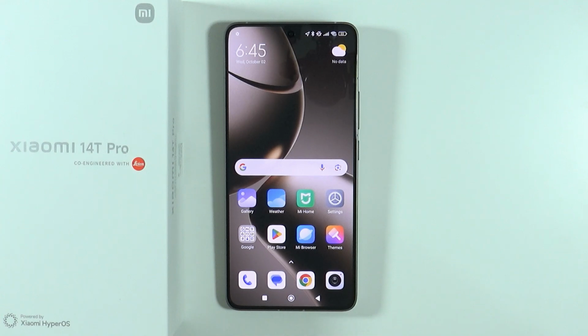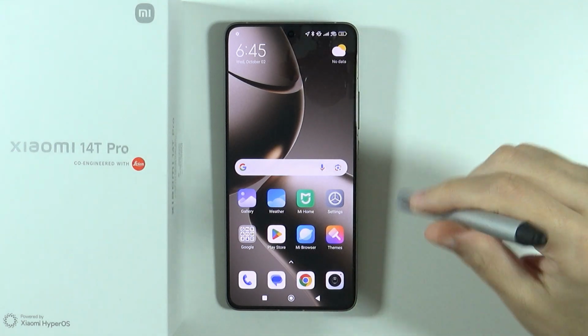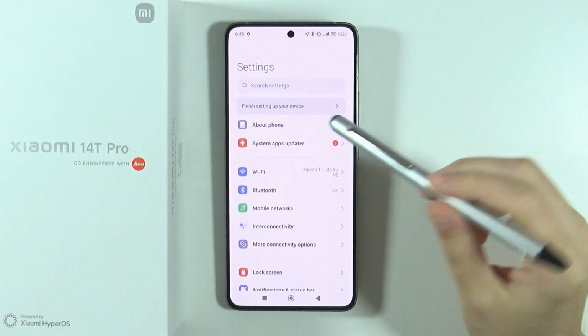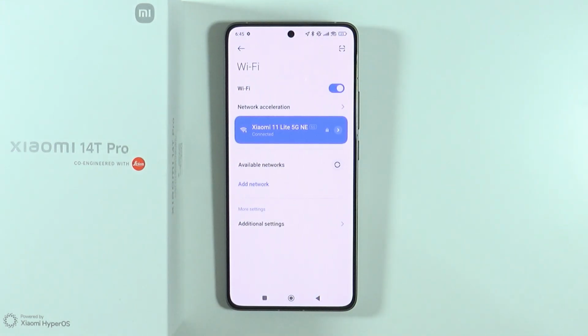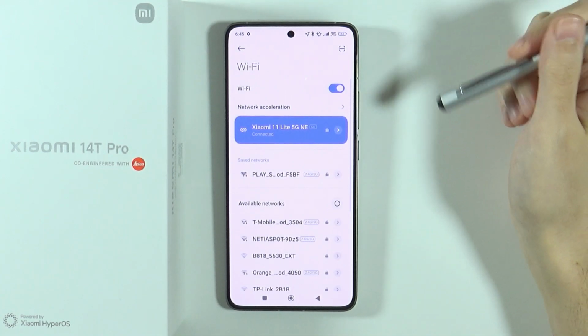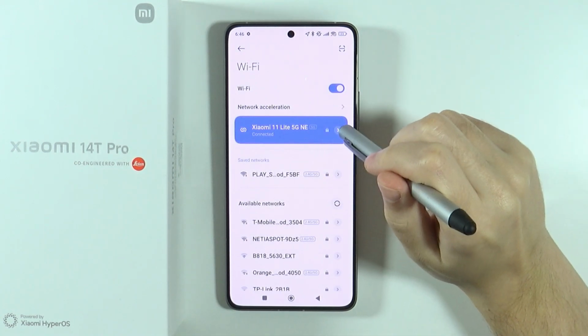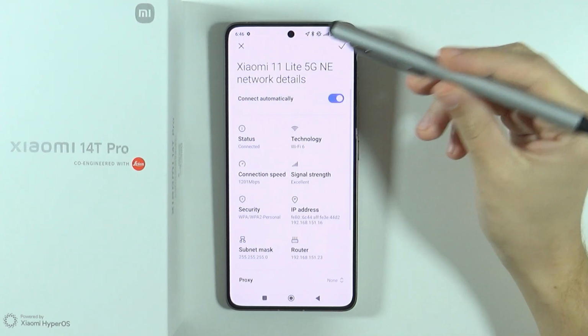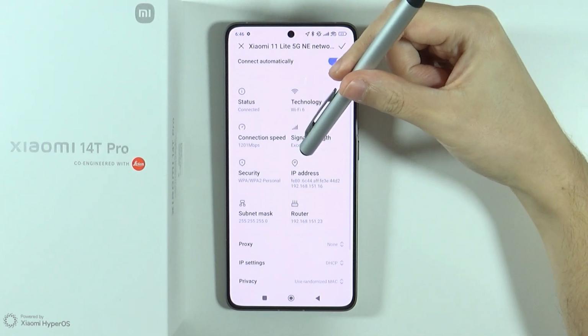Hello, in this video I'm gonna show you how to forget a Wi-Fi network on Xiaomi 14T and 14T Pro. To do this we need to open the settings and then open Wi-Fi options. Now over here we should have our Wi-Fi that we are connected to right now, and what we need to do is simply tap on this arrow on the right side in order to find the information about the network,